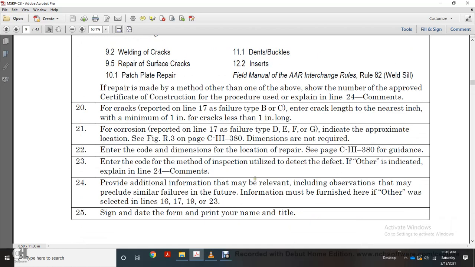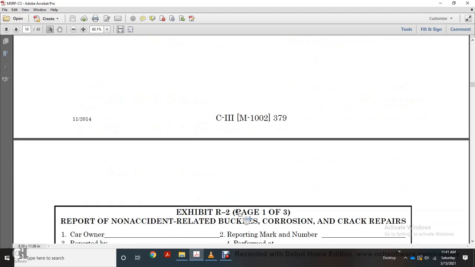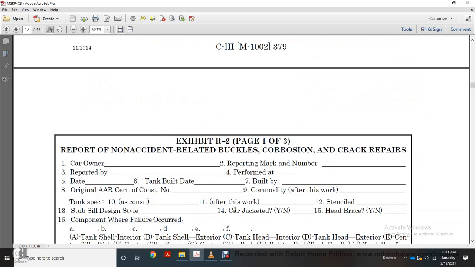24, provide additional information that may be relevant, including observations that may preclude similar failures in the future. Information must be furnished here if other was selected in line 16, 17, 19, or 23. 25, sign and date the form, and print your name and title. That was 25, and then we go to Exhibit R2, page 1 of 3, to report non-accident related